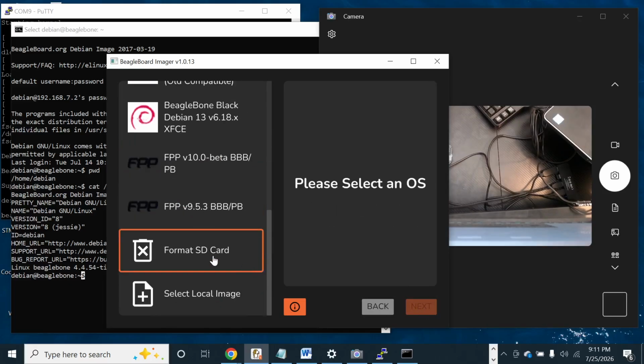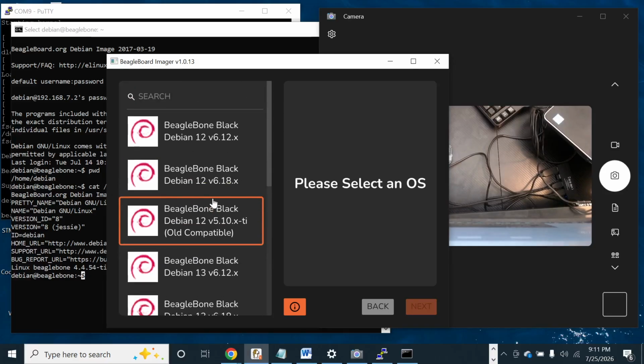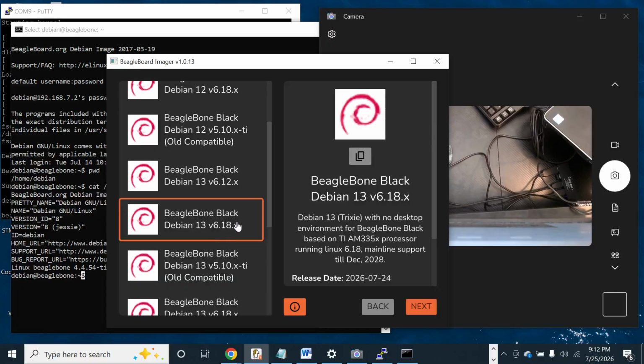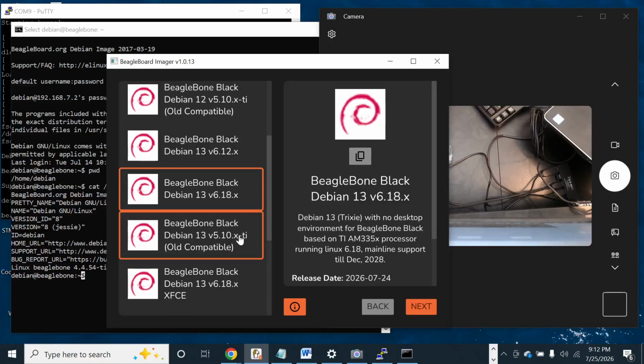if you have a preference on an image that you want to flash, you can select it locally, or we can just pick one from here. So you know what, let's go ahead and pick one from here. So we'll pick the Debian version 12. I see 13 here as well, so let's go ahead and go with the latest and greatest. So I see 13.6.18 looks very recent,